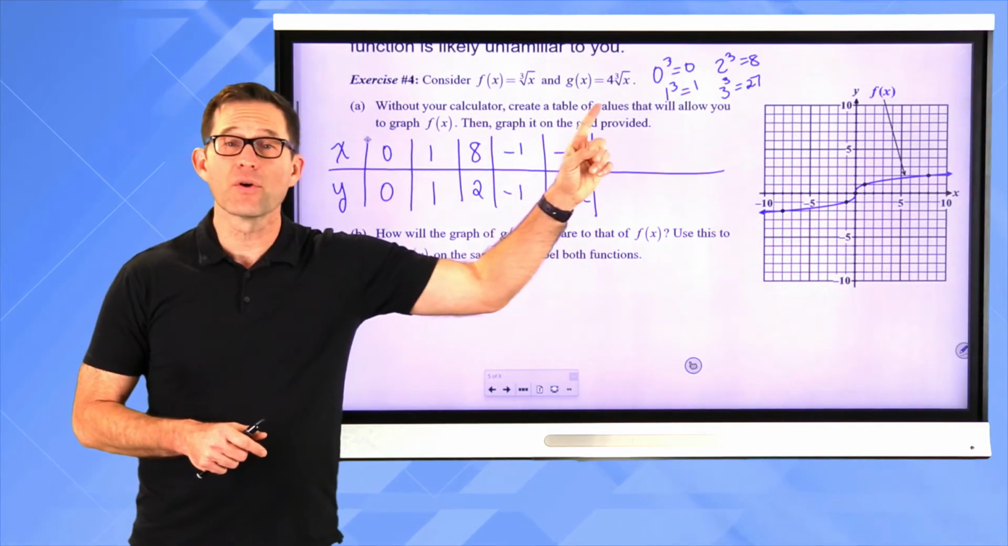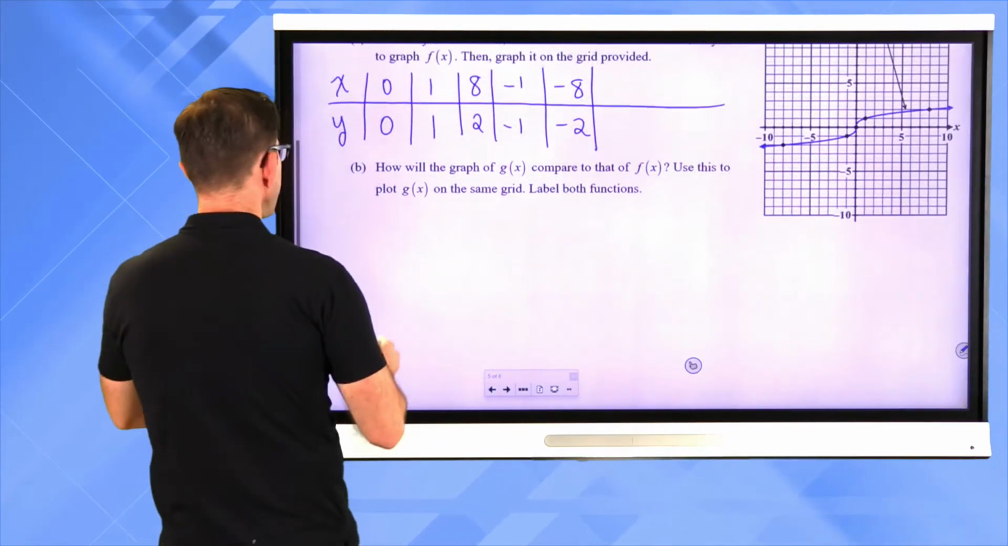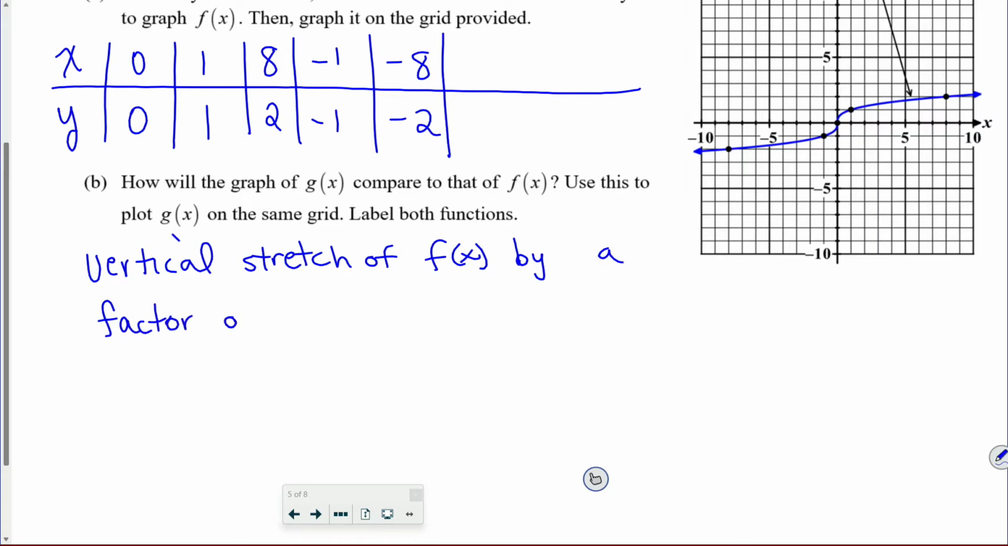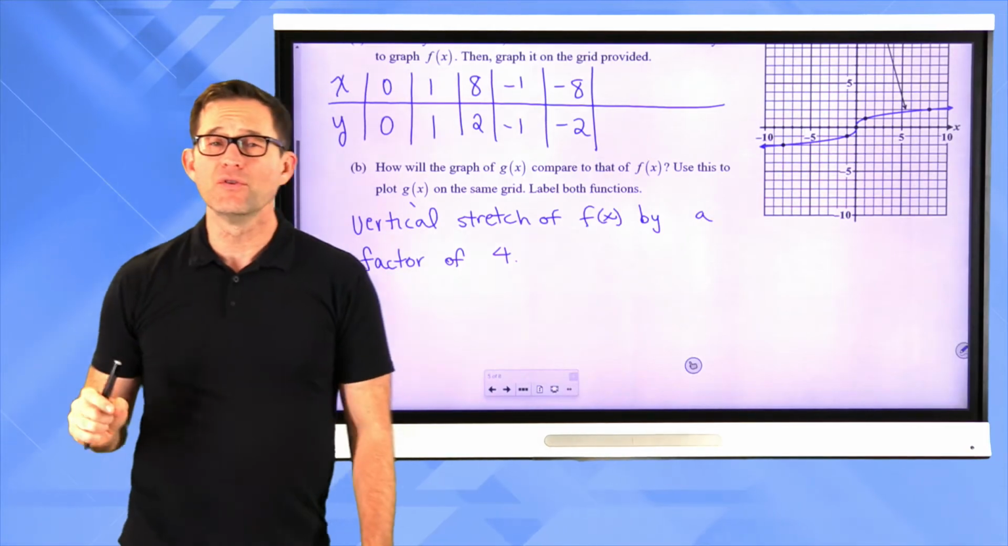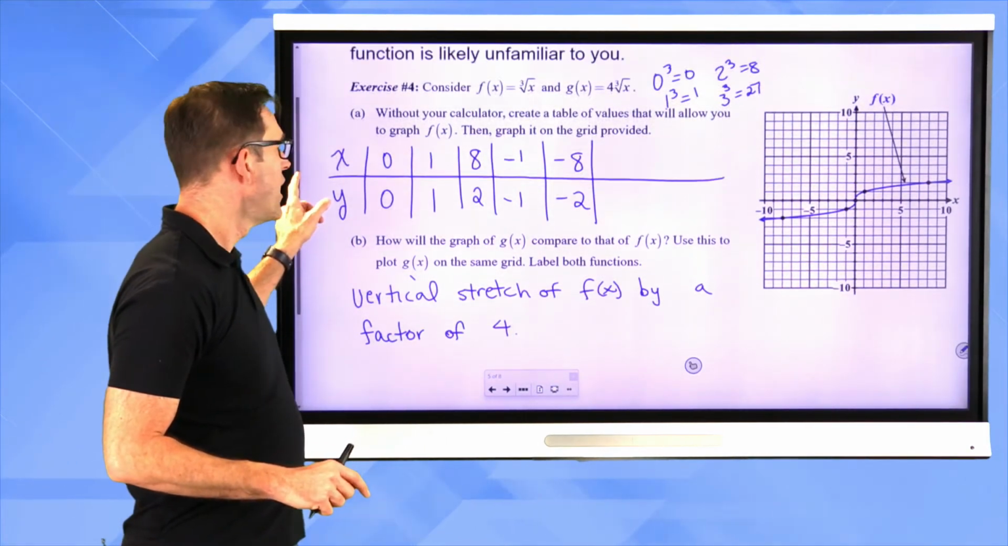Well, this is a vertical stretch of f of x by a factor of 4. So let's write that down. It is a vertical stretch of f of x by a factor of 4. Now, one thing that you could do, right, is you can simply come to your graph, and everywhere there are